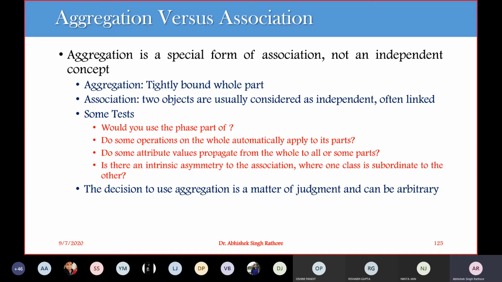So how do we check this aggregation relationship? We have some tests available. The first test says that